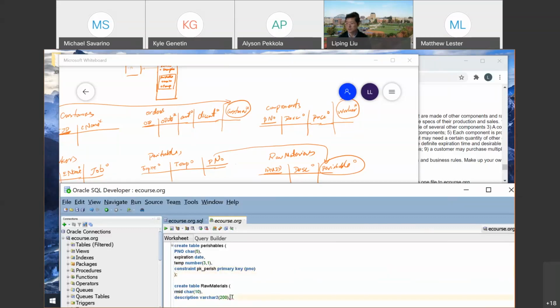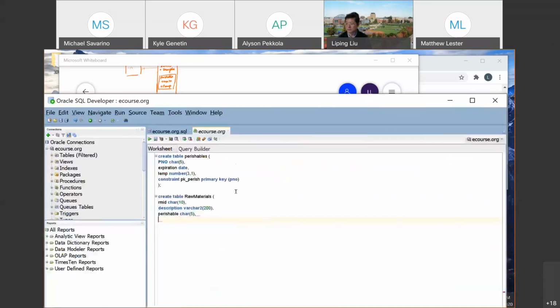Now we can do raw materials. So raw material will have one last column, which is perishable, which is a perishable number. So basically we have to use the same data type and the size as in the primary key. So let's say char 5. Okay. All right. So now we are ready to